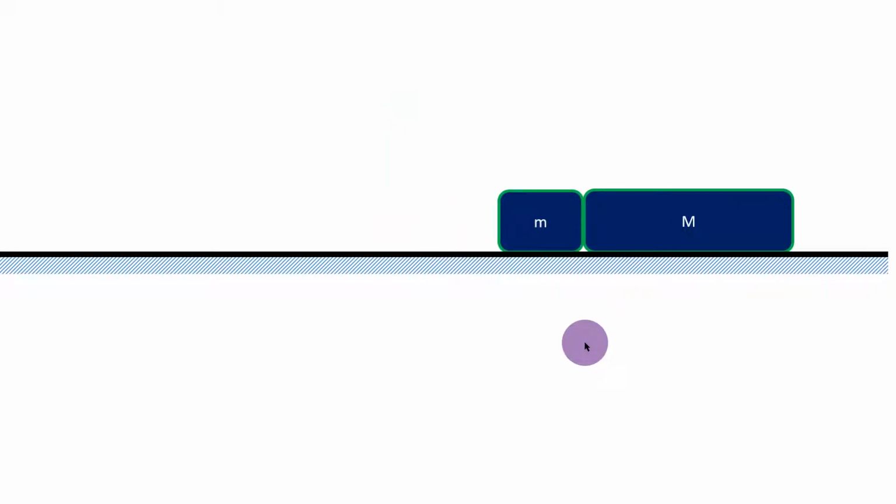What you have just seen is a PowerPoint animation of motion in a straight line where there is a collision between two objects. This one is something which teachers have to deal with all the time, especially when they are teaching about collisions and conservation of momentum. So in this video, I'm going to show you how you do simple animation for motion in a straight line